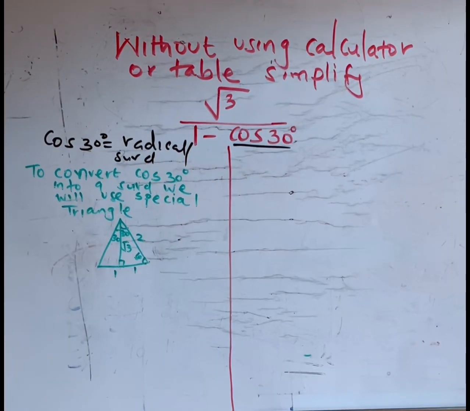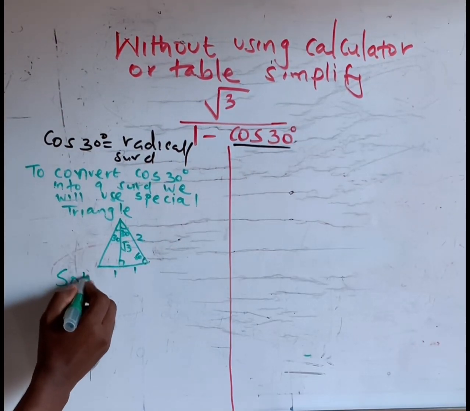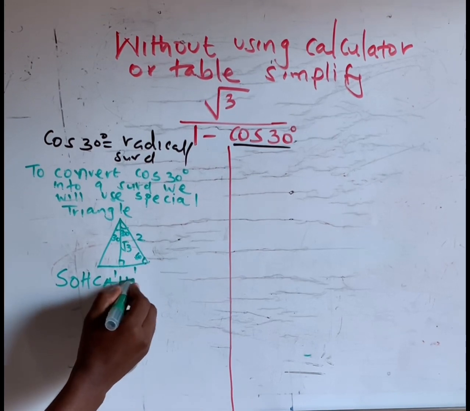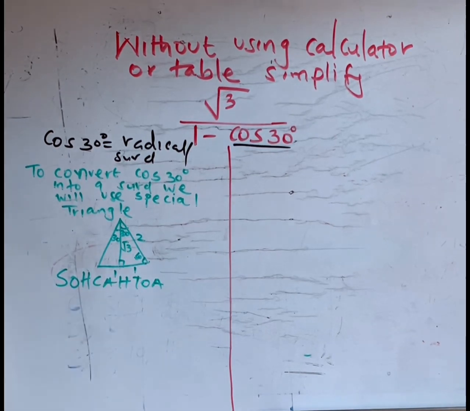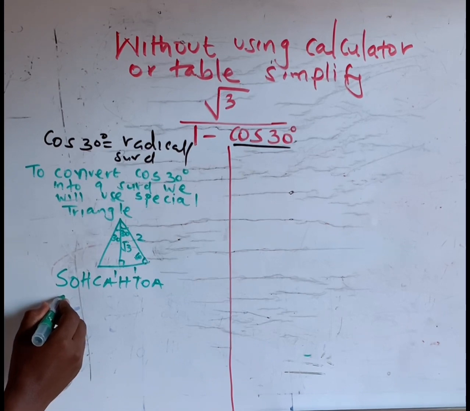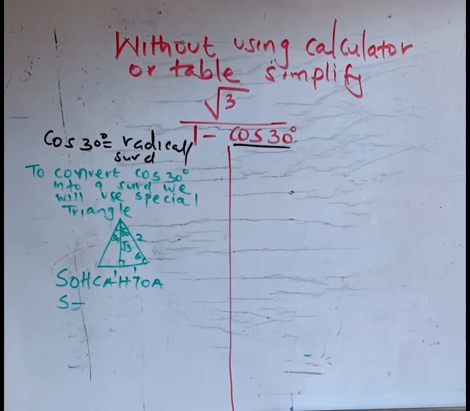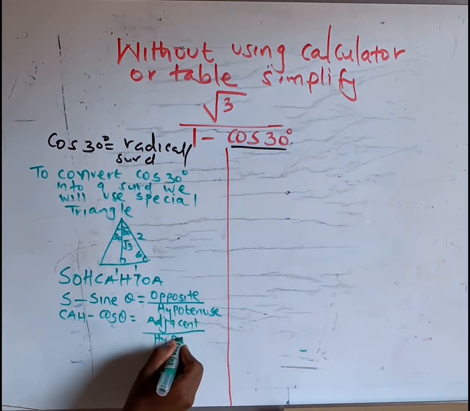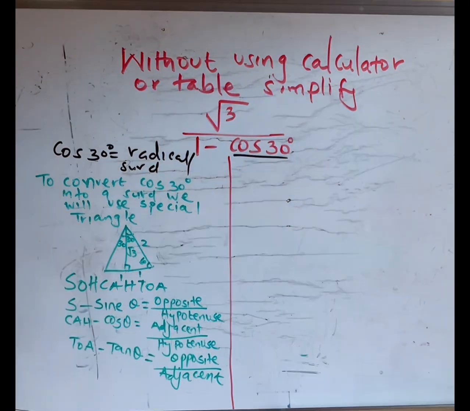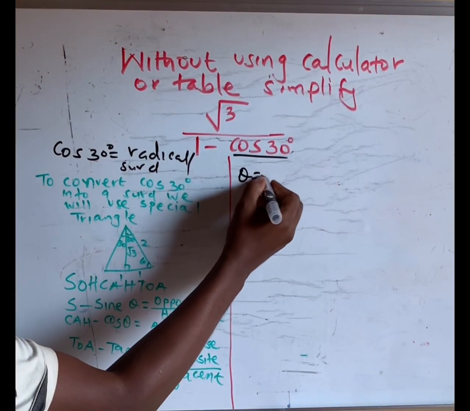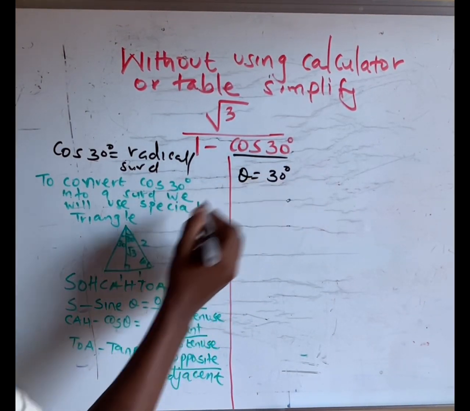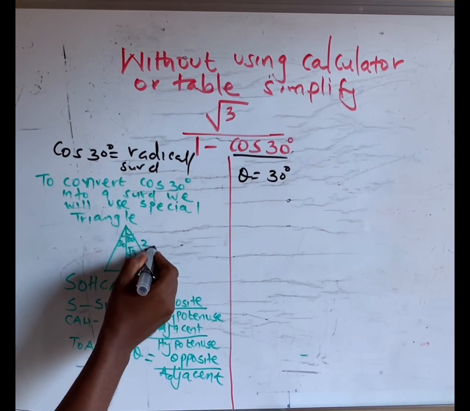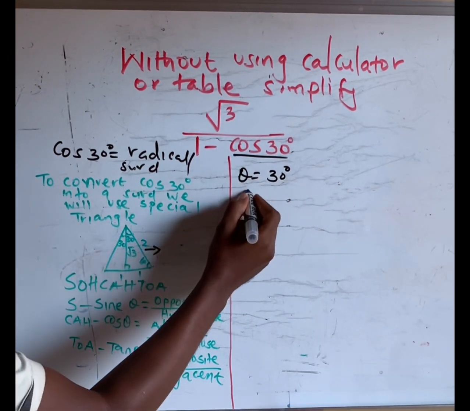So using SOHCAHTOA, since our theta in this case is 30 degrees, from this triangle, we call it the special triangle,